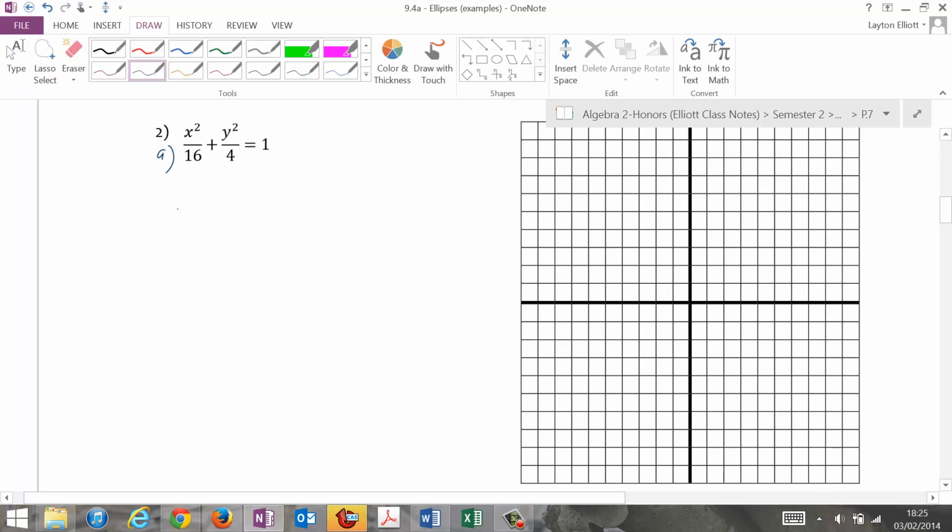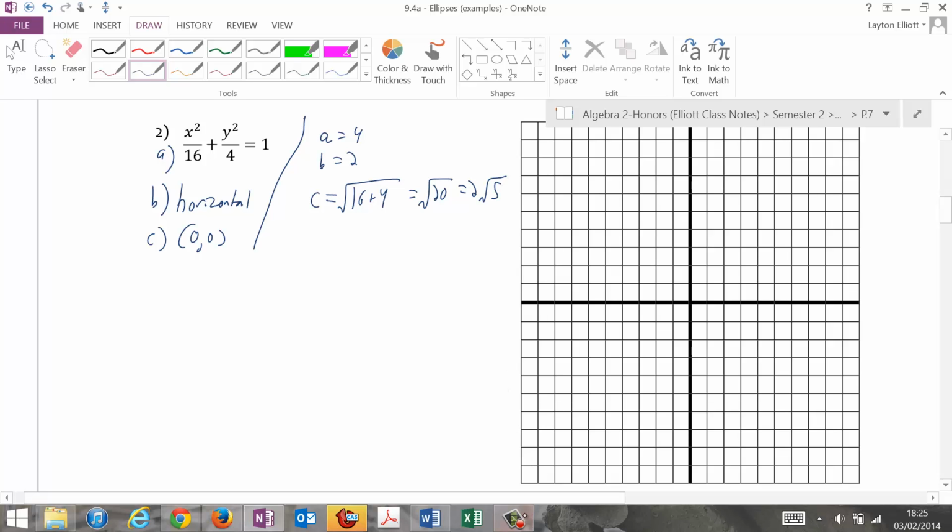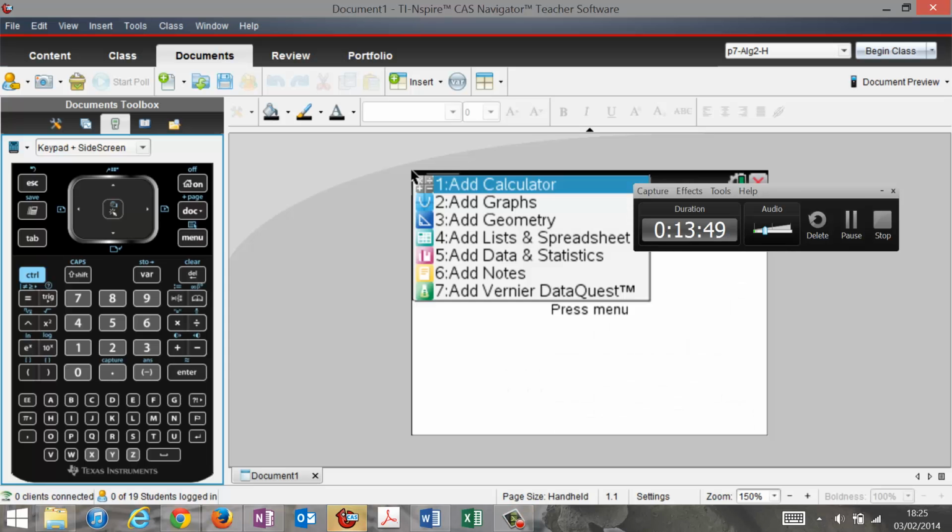Here, my graphing form is also given. It is a horizontal one because my larger number is under the x, and the center is again at 0, 0. So I'm going to do the little break thing over here and say that I know A is equal to 4 and B is equal to 2. So C is equal to the square root of 16 plus 4, which is the square root of 20, or 2 radical 5. If I do a calculation on the square root of 20,